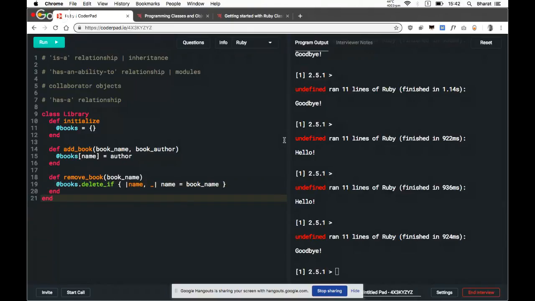It's messy once the books start getting more and more information about them. Instead, what we could do is have a different class and then make this into an array.